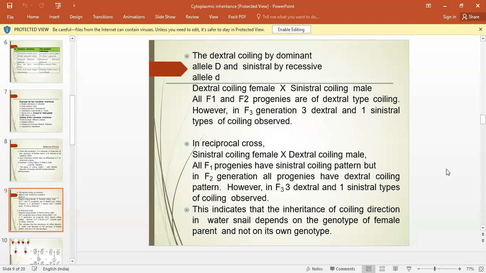Okay, and if you do the reciprocal cross, means what? Means you have to change the female and male. In the first case, what we have taken? Dextral coiling female. Now you have to take the opposite: sinistral coiling female, and the male is the opposite, dextral coiling. Understood? Reciprocal